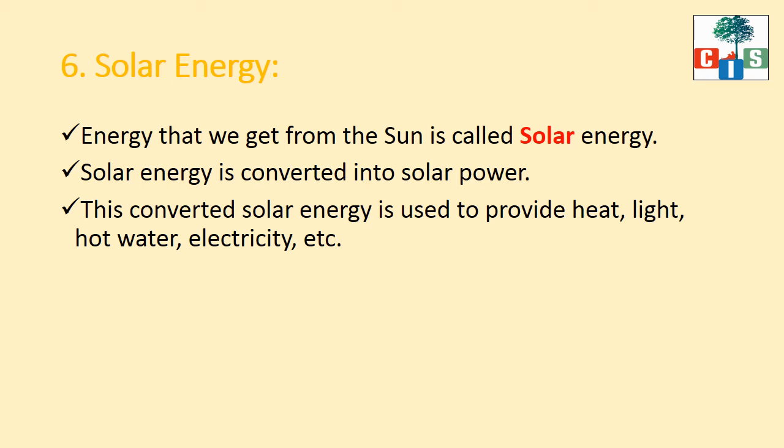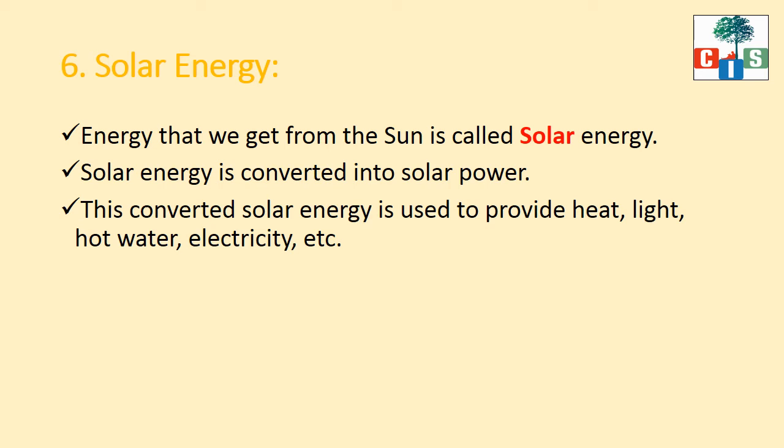The sixth one is the solar energy. Solar energy is obtained from the sun, and we can say that each and every living being on earth is dependent on the sun directly and indirectly. Is it? Because we need food. Okay, living beings need food. Fine. And for making the food, the sun is very important. Is it? So